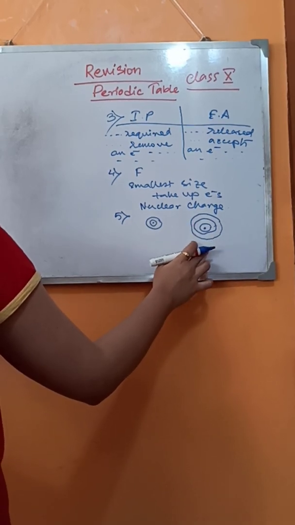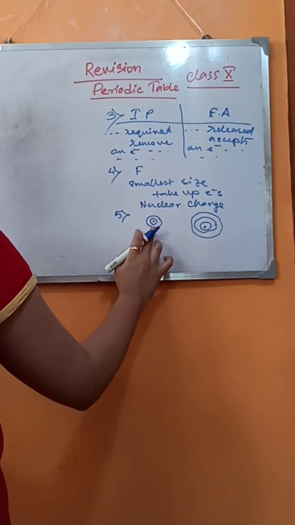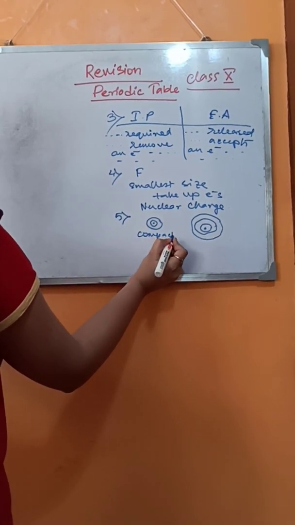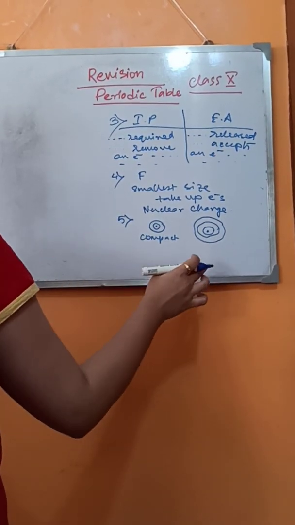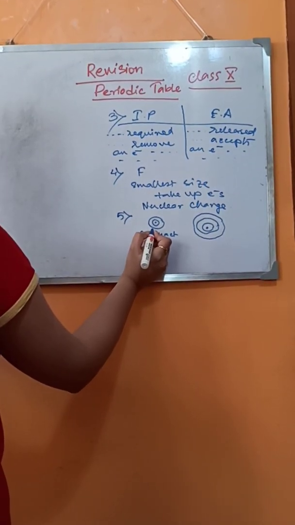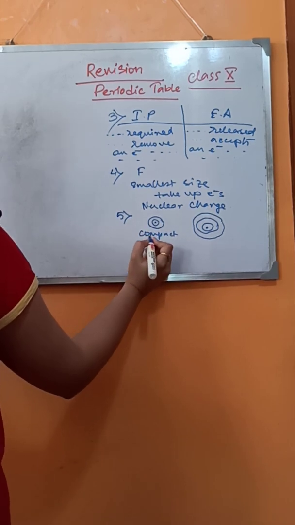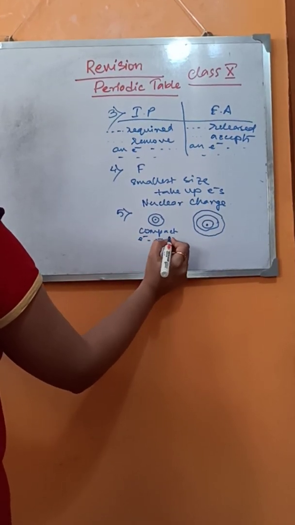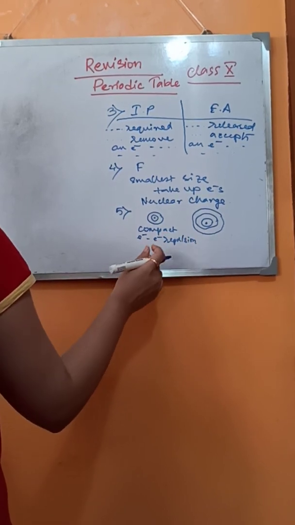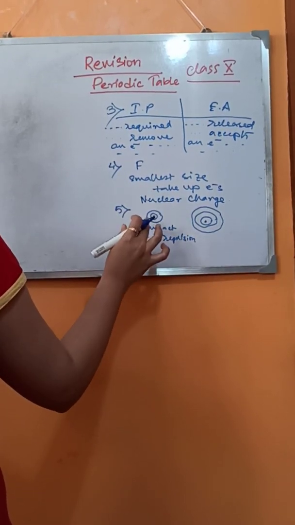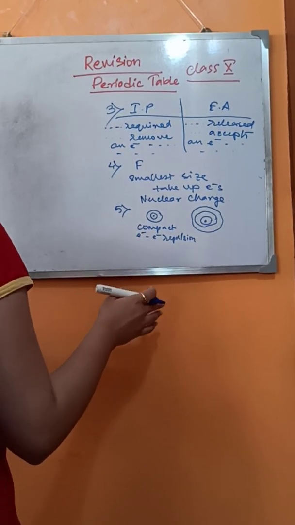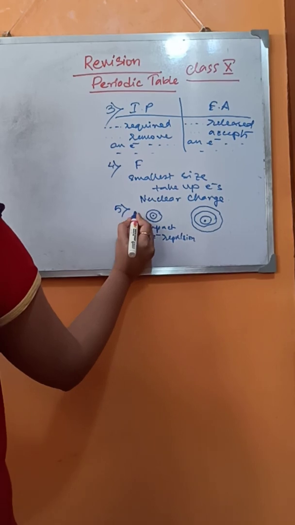Because chlorine has 3 shells, it has a greater size as compared to fluorine. Fluorine has a compact size, whereas the size of chlorine is bigger. Because of the compact size of fluorine, there is already electron-electron repulsion existing between the electrons which are already present. So, addition of another electron is quite difficult for fluorine.